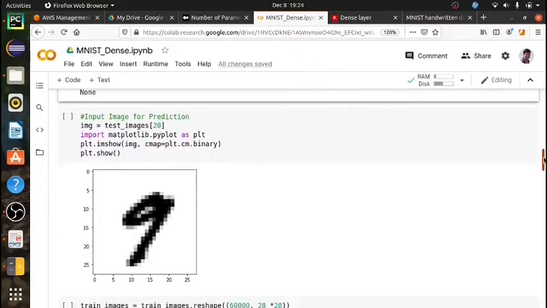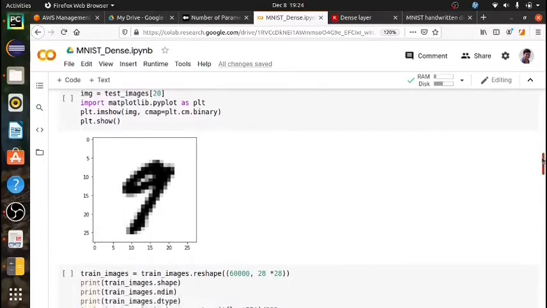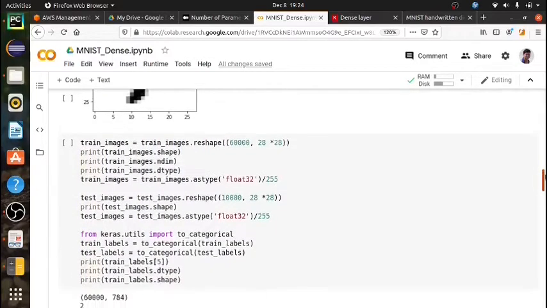Now here I am just printing one sample image, which is stored in the test images numpy array, because I will be using this particular image for testing at the end. So just see that this particular image is of digit 9.